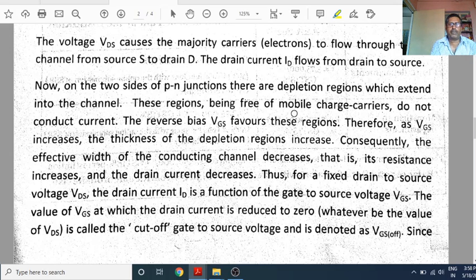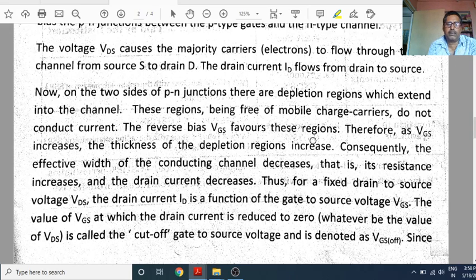These regions, being free of mobile charge carriers, do not conduct current. The reverse bias VGS widens these regions. Therefore, as VGS increases, the thickness of the depletion region increases.